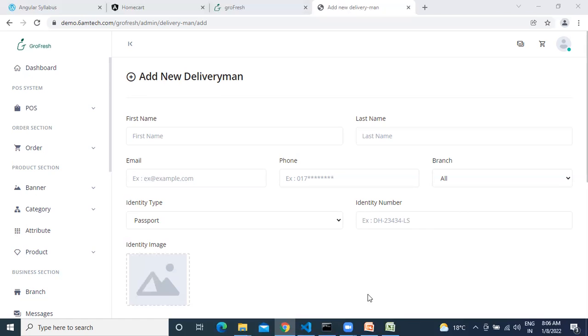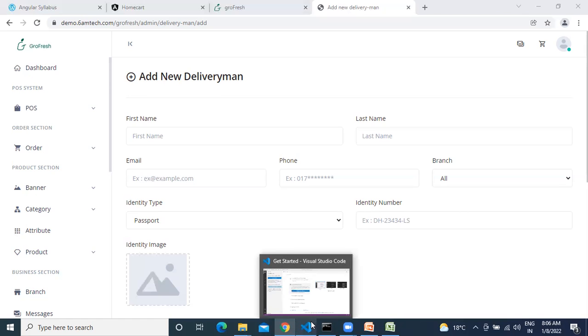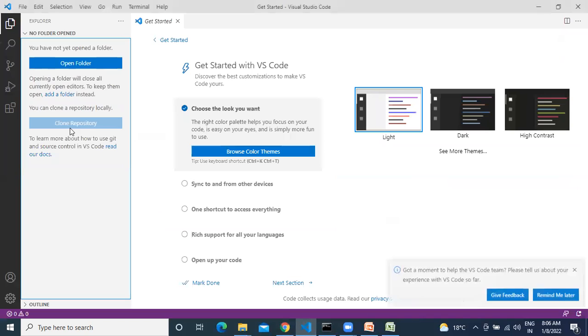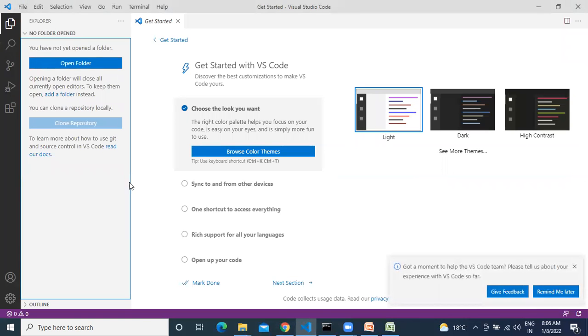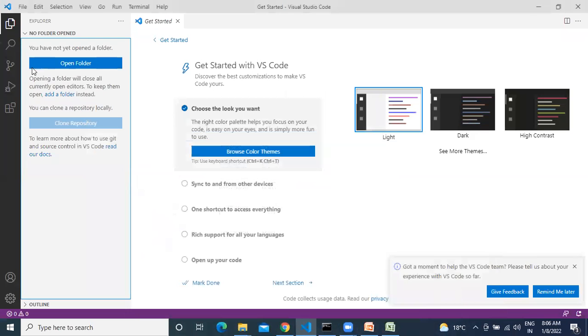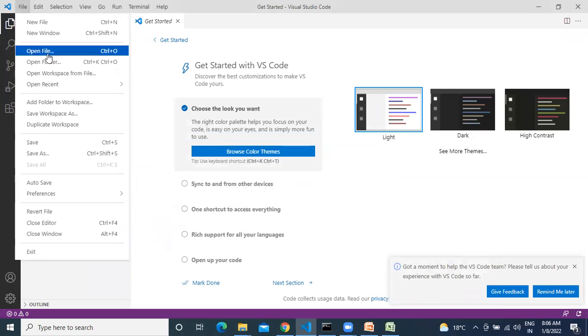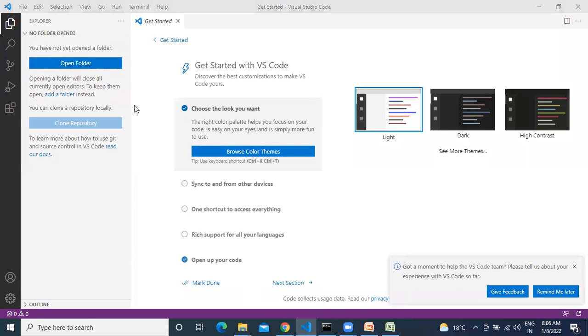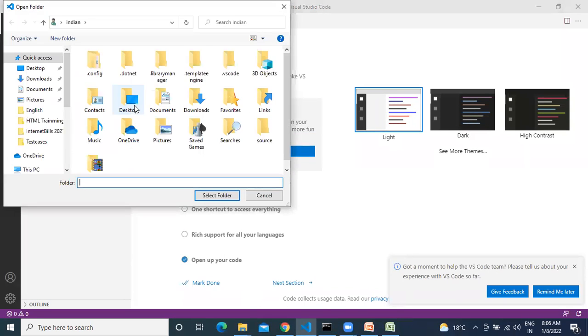Okay, fine. For this one, I'm creating a project from scratch. I created a project named home dashboard, home cart. Okay, this is my project, so let me open that project. Hope everybody has the project set up right, in the sense that you are able to create it in your Visual Studio Code.